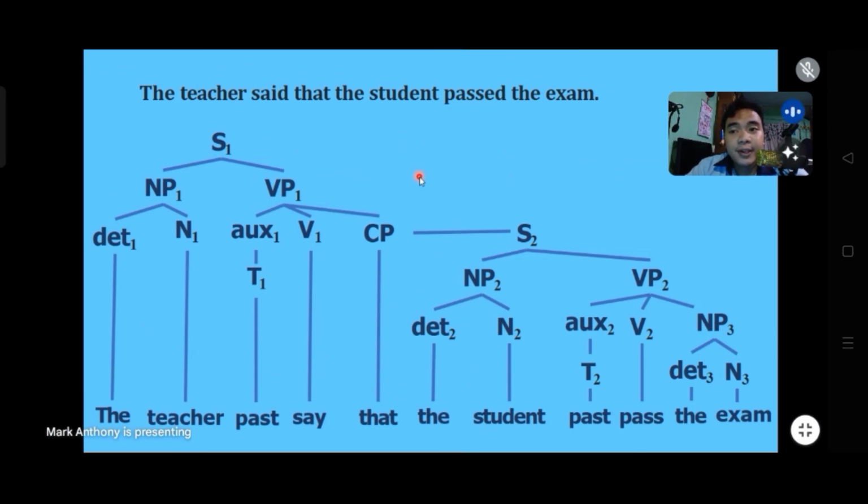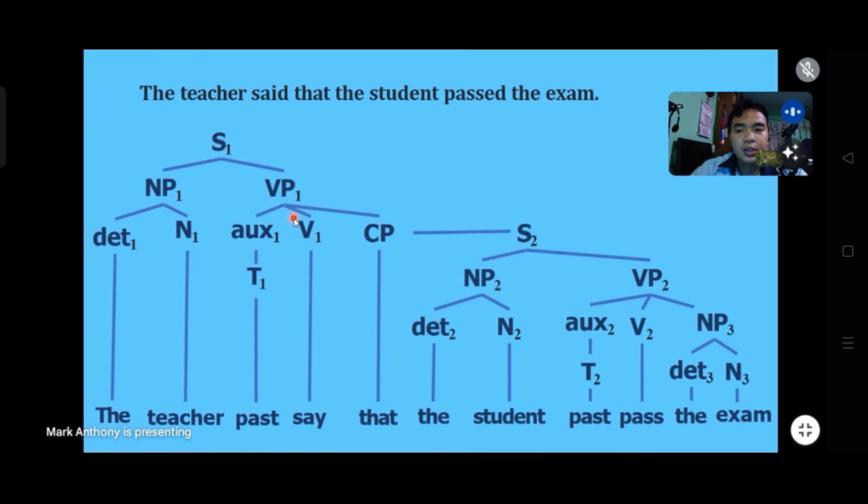So let's start first by analyzing the first sentence, in which the first sentence is divided into two subconstituents. We have the first noun phrase and the first verb phrase, which we can see the label here. The noun phrase is divided into two subconstituents: the word the as the determiner and the word teacher as the noun. And the verb phrase number 1 is divided into different subconstituents,